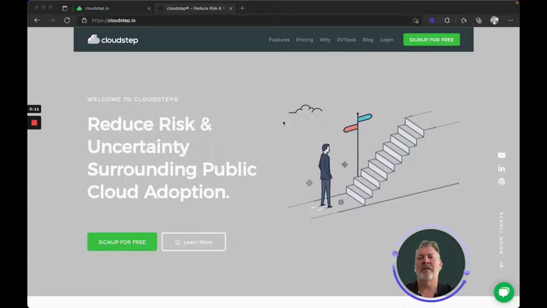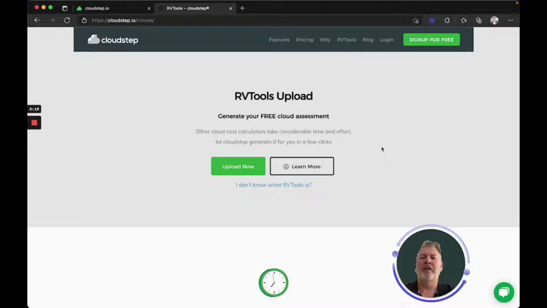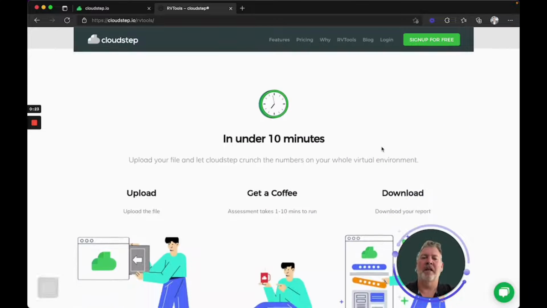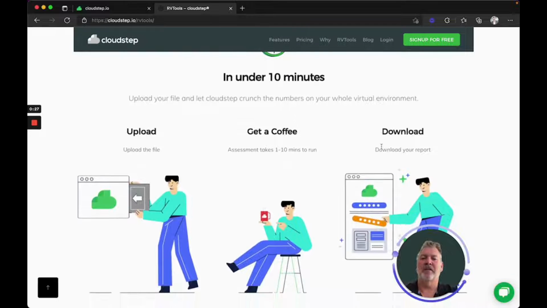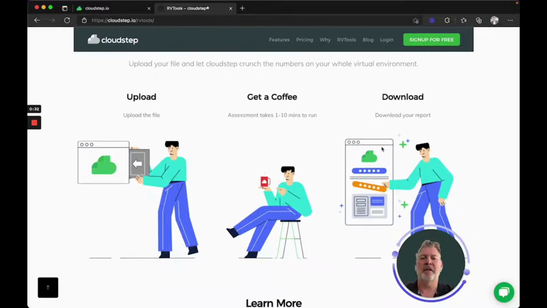To get started with the 10-minute model, you do need an RV Tools output. If you look up here, we have a little bit of information about RV Tools. And we use RV Tools to generate a free cloud assessment. It is typically in under 10 minutes. It does depend a little bit on the size of the environment. So why not upload the file, sit back, grab a coffee, and then come back and have a look at